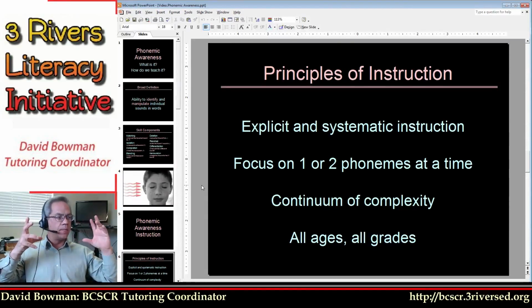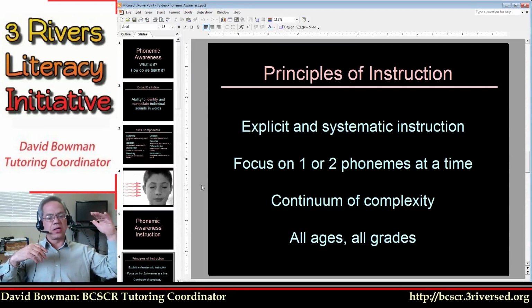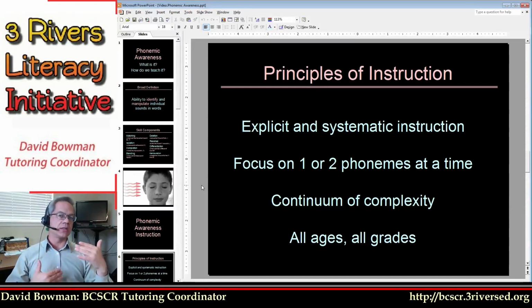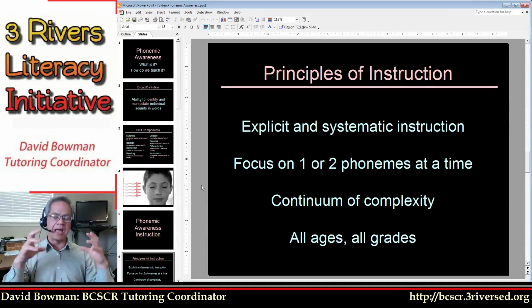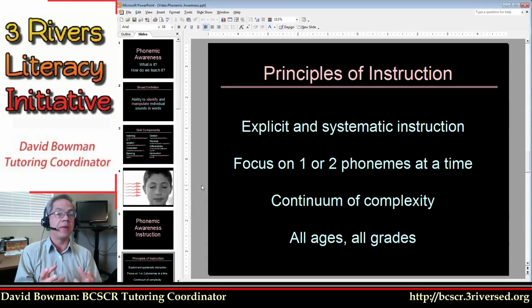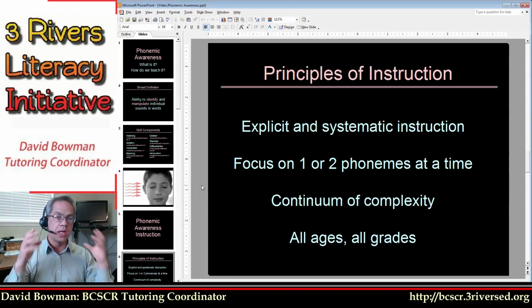And what that begins to do with explicit systematic instruction focusing on one or two phonemes is it starts to help the student develop mental patterns. Now, we're probably not going to be able to teach students how to manipulate all the sounds that we use in the language, but we start developing those patterns about how words work and how sounds work and how they combine and how they change and how we can manipulate them to create language. All right. So we really set that mental stage, and then students, once they grasp the fundamentals of it, can basically take it from